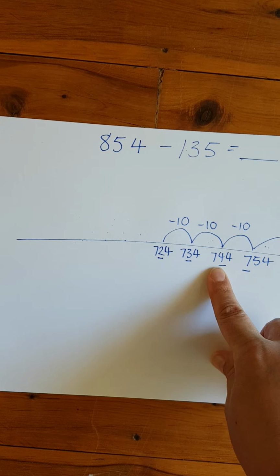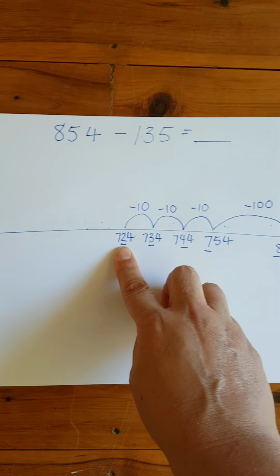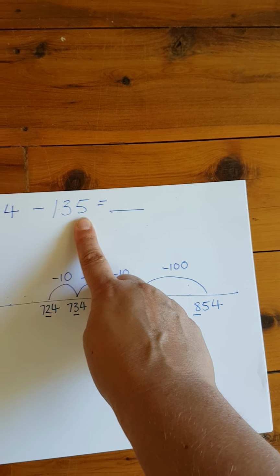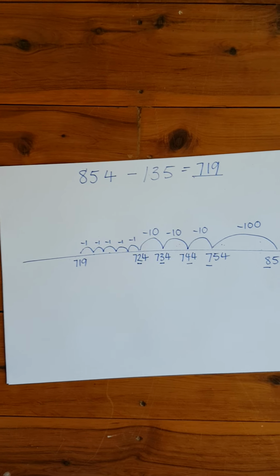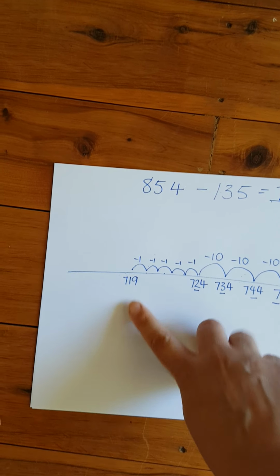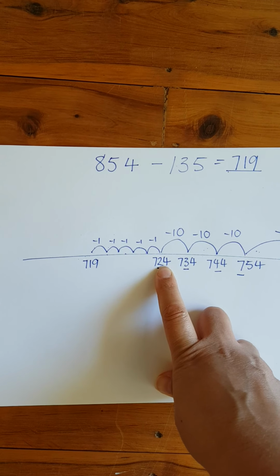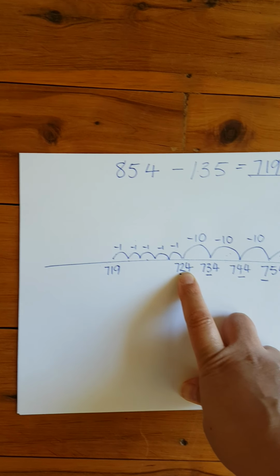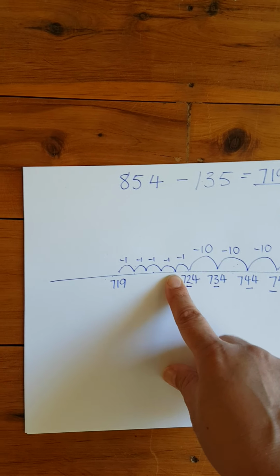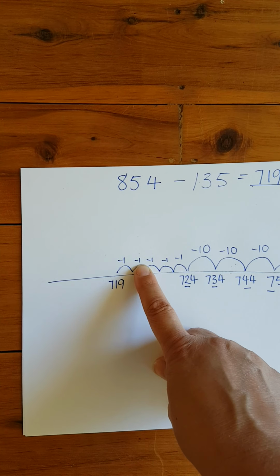754, 744, 734, 724. My last step, of course, is to count back the 5 for the 5 units. Okay, here's my 5 smaller jumps for my 5 units, and I'm going to say it out loud and use my finger again just to make sure I've got everything correct and I'm staying accurate. 724, 723, 722, 721, 720,